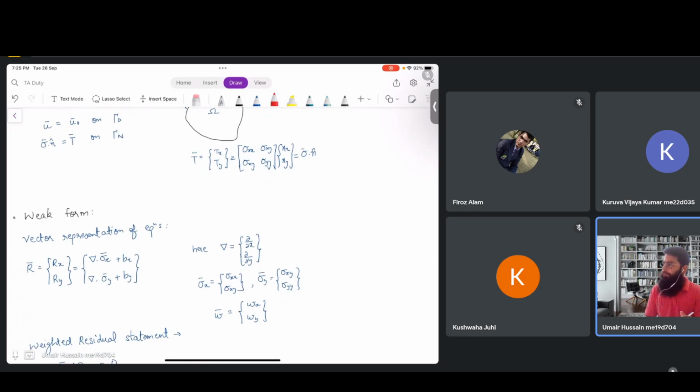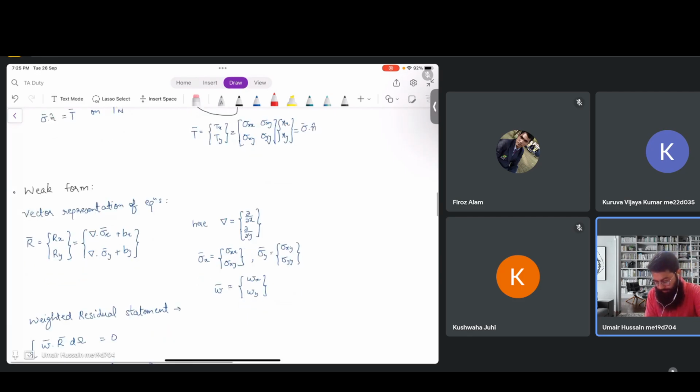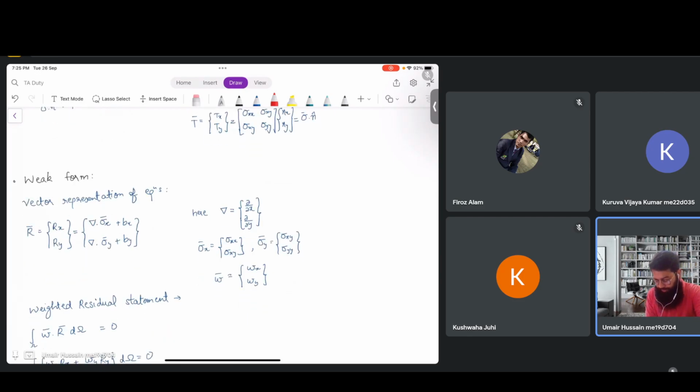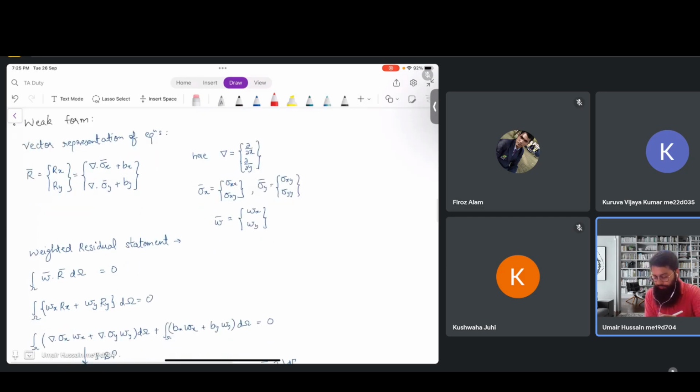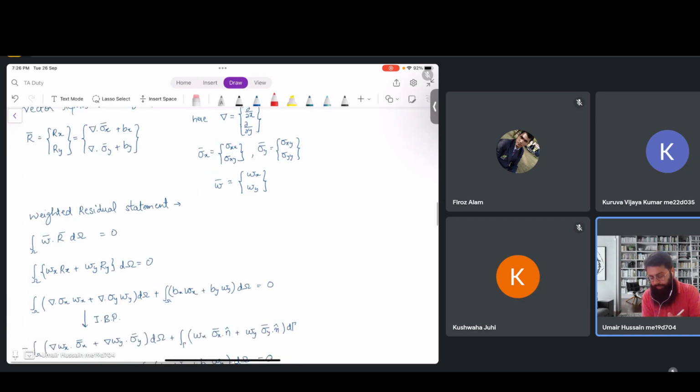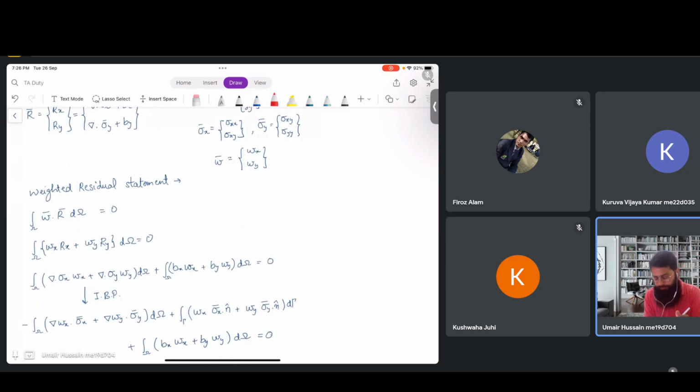Now we'll have a vector weight function. So we take the dot product of this vector equation. We represent the vector equation by a vector r, that is nothing but the residual. There will be two components for the residual, one for each equation, and we take the dot product with the weight function vector. So we have wx rx plus wy ry,